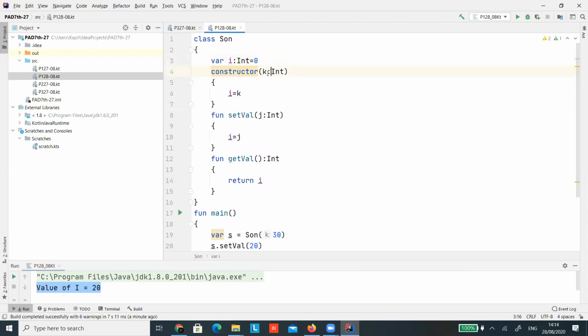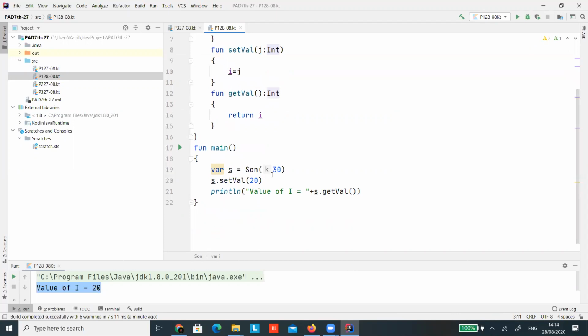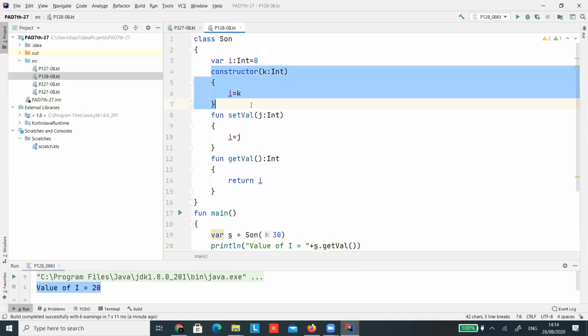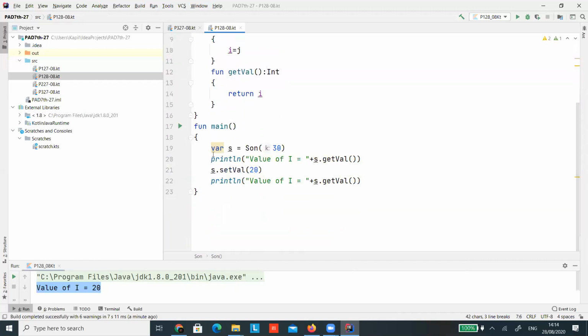So the value of k will be given to the variable I. So now we will print the value 2 times, after the object creation, and then after setting the value. So this is what I have written over here, and this is how it is going to be called.